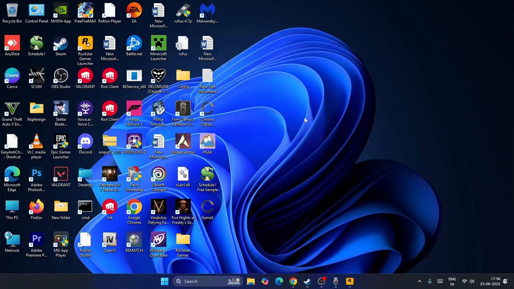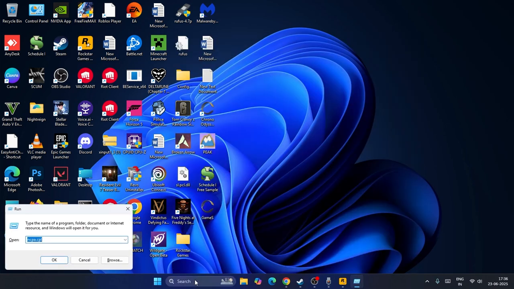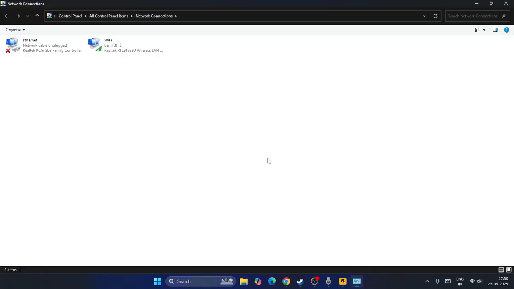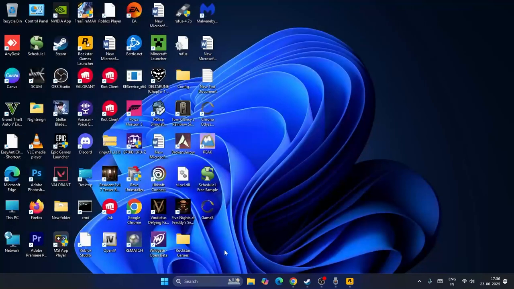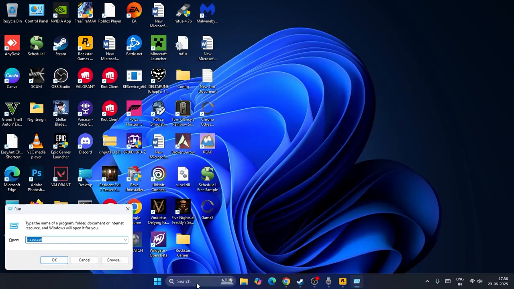Still, if you are having trouble, we just need to go over here, search for the run command and press enter. Type ncpa.cpl and go for OK. Okay, not ncpa. What we need to do is just go over here, search for the run command and press enter. You have to type